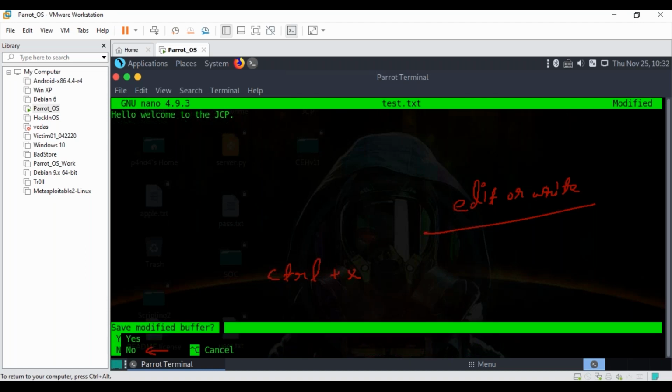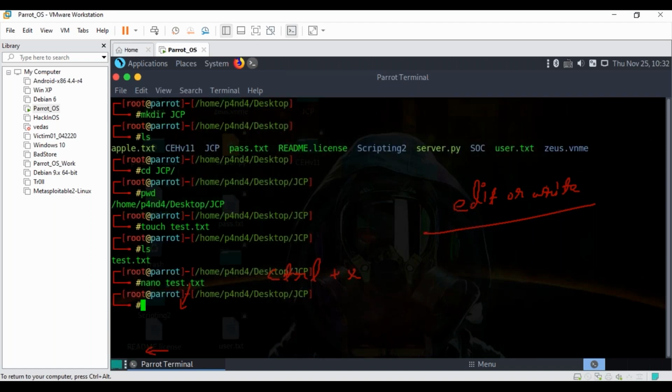It says save modified buffer. So I want to save it, so I will type Y. It says file name to write: test.txt. Yes, I'm pretty much fine with that. So simply hit enter, and your file has been edited.